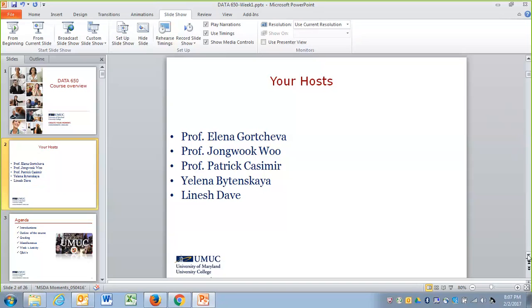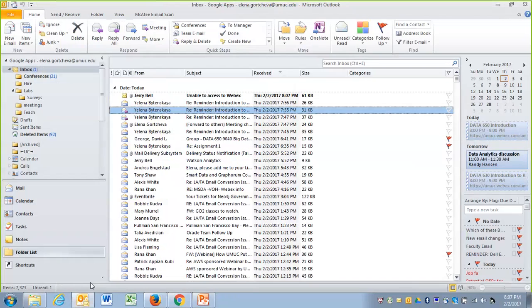I will be focusing on Spark, the open source cluster computing framework, and Spark SQL, the Spark module for structured data processing. And finally, I will also teach the Spark machine learning library, MLlib, which is a scalable machine learning library consisting of common learning algorithms and utilities, including classification, regression, and clustering. So welcome, and hopefully we can all have a great semester, push ourselves, learn from each other, and make this a good journey. Thank you all for attending.